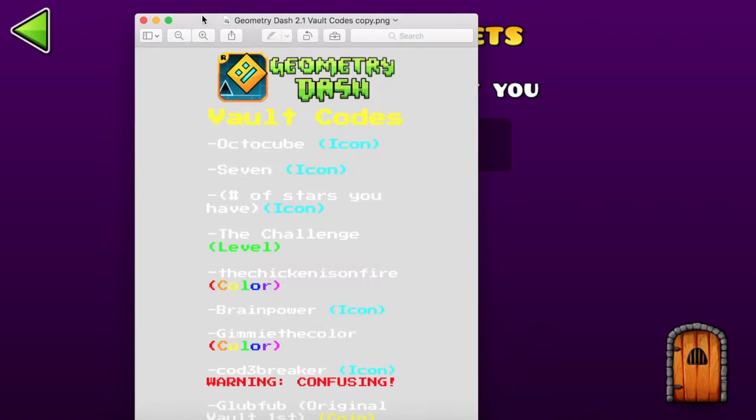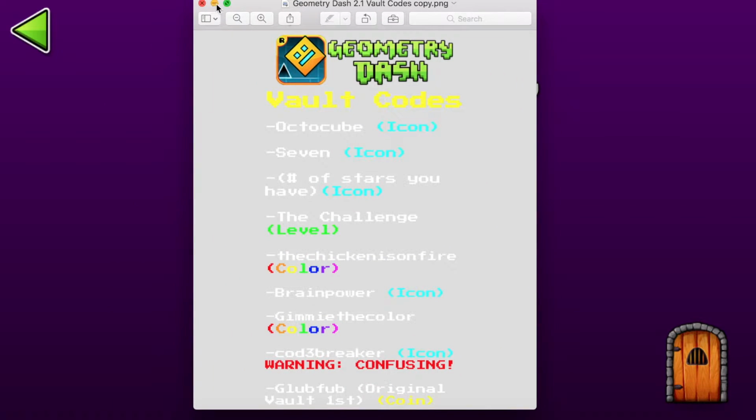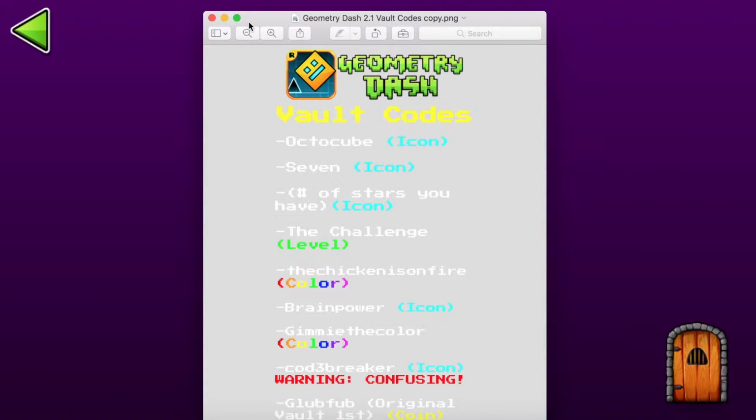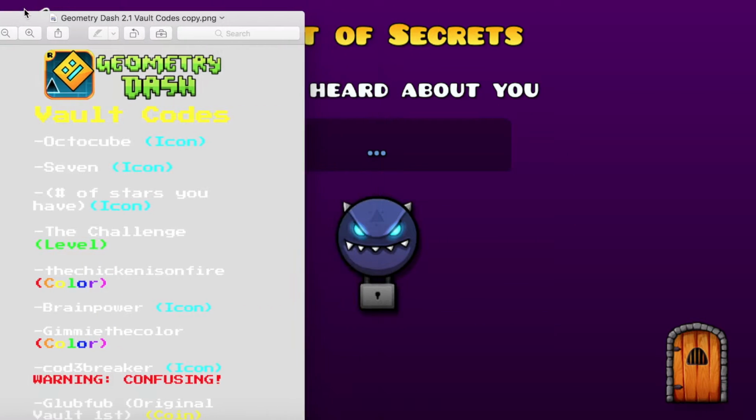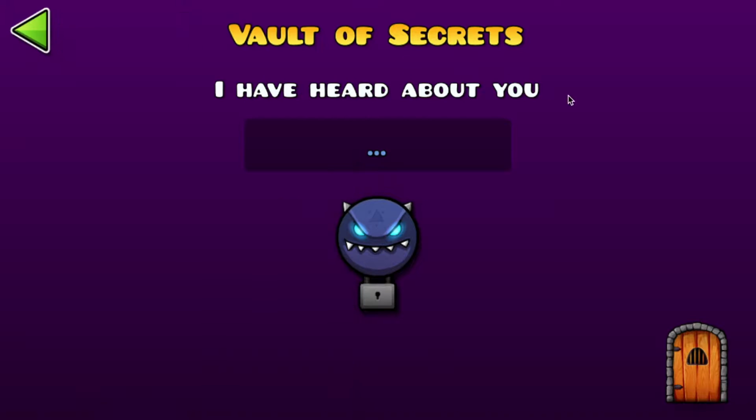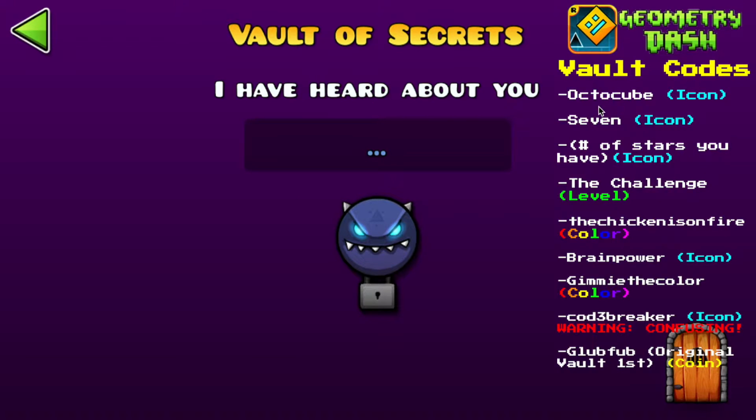Okay, there we are. So right here, what I'm holding up right now are the vault codes, but that's not really appealing to the eye, and it might cover the screen. So I'll throw up the vault codes on the right side of your screen just for convenience, while I load it up on a different device. Okay, so now that I have the vault codes up on the screen, I'm gonna do this a lot better.